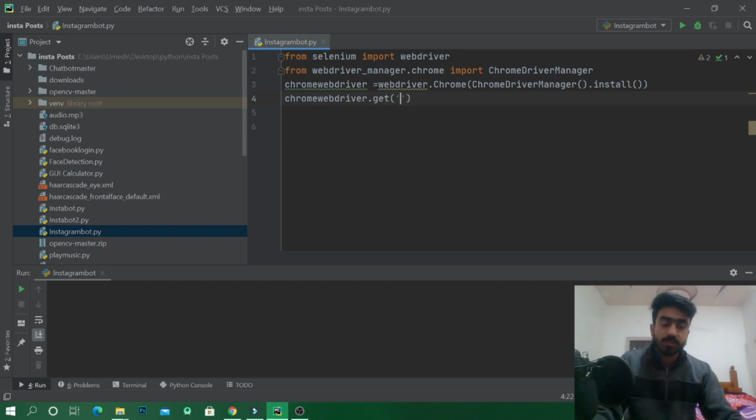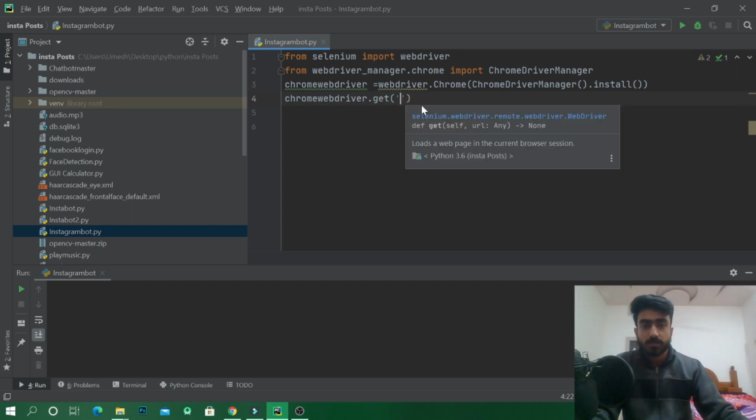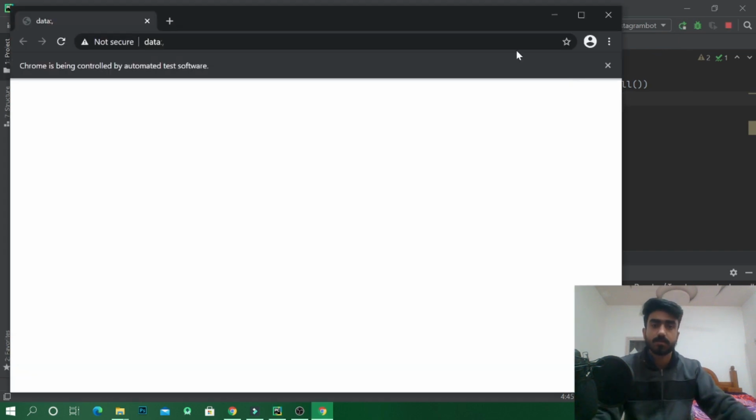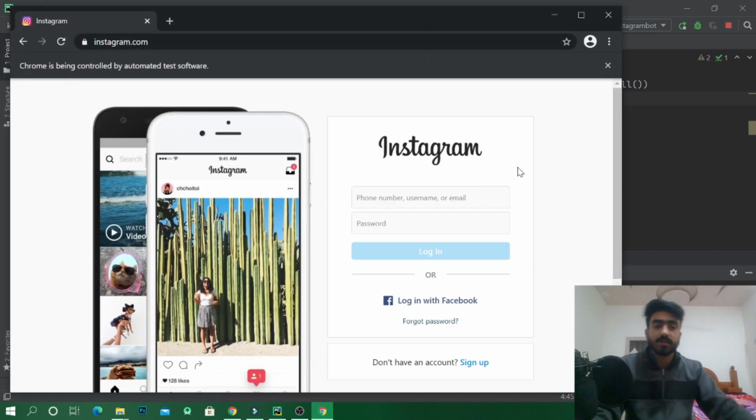This will open an instance of the Chrome browser. In this browser we'll open this URL. Let's check if this code is working or not. Great, it's working fine.